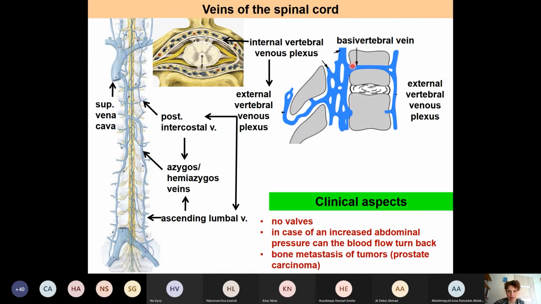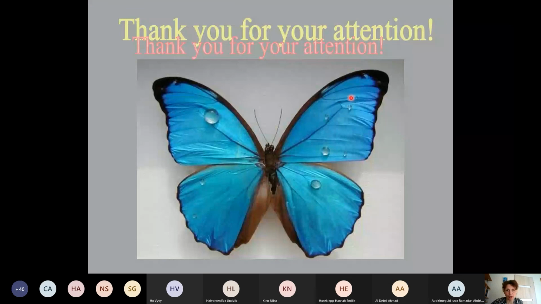And this basivertebral vein has a clinical aspect. In these veins we do not have any valves, and in case of an increased abdominal pressure, it can happen that the blood flow turns back, and this is in the background of the bony metastasis in case of tumors, for example, in case of prostate carcinoma, because the venous drainage of the prostate is towards the external venous plexus, and through these basivertebral veins, the tumor cells can reach the vertebrae. Okay, so